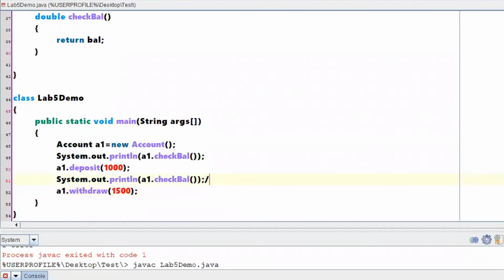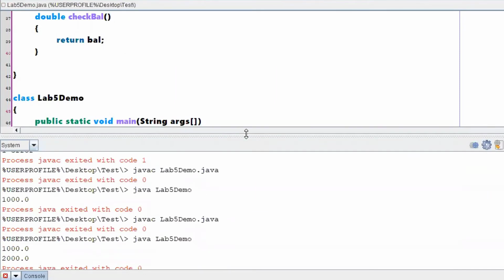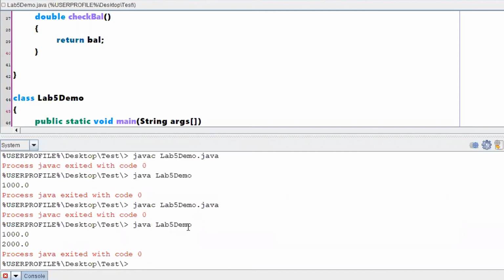At this point the balance is 2,000, right? So from 2,000 I wanted to withdraw 1,500. Is it feasible to withdraw 1,500? Let us just cross check. Will it allow us to withdraw that particular balance, or will it throw some exception?